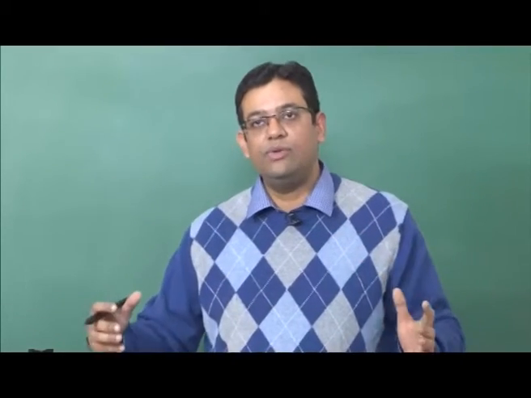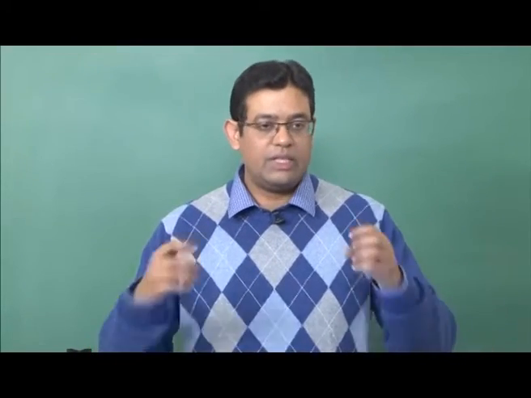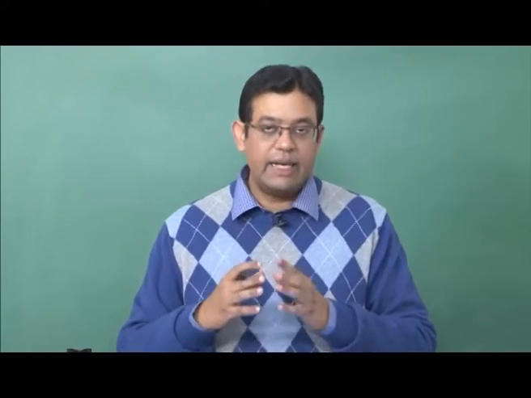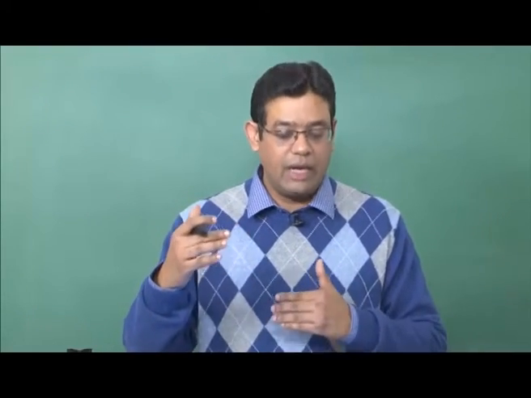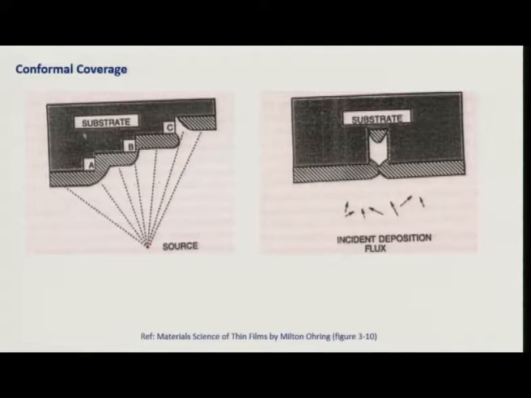Now, since we are using this process in a vacuum chamber where the pressure is low, if you remember, we had said that we want to keep the mean free path large, so that these atoms or molecules coming from our source are not colliding among themselves, but going straight towards the substrate. Now, since it is a line of sight process, if you see in this figure 1 here, we have a substrate which has some steps A, B and C and D, right. So, we have these steps.